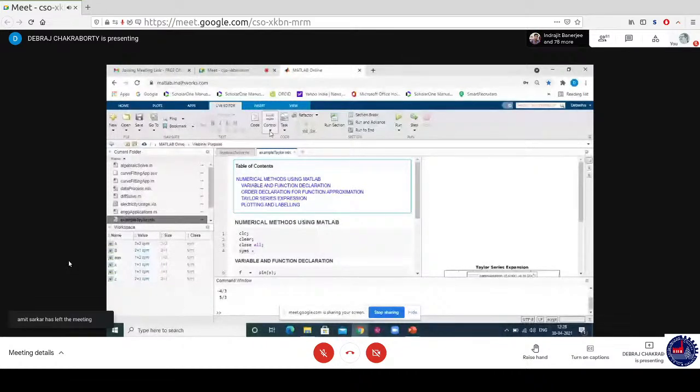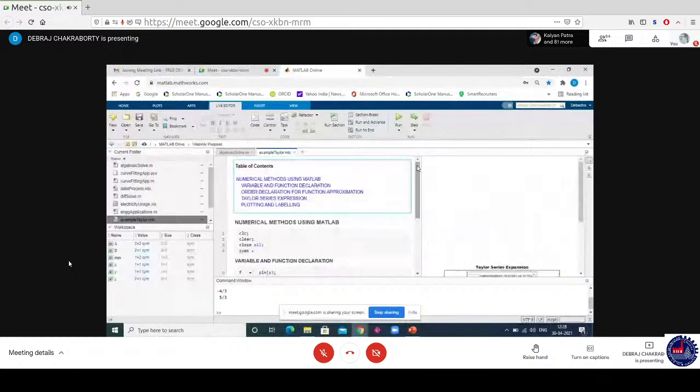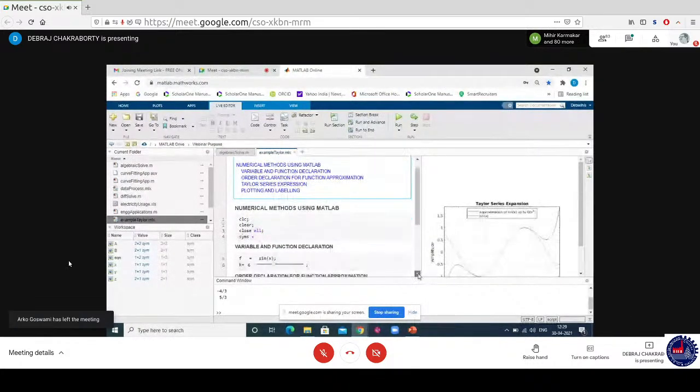Yes, from the normal window, we can open live script, and after opening that, we can write a simple program in this way. I am talking about the term simple. Why? Because these lines, numerical methods using MATLAB, variable and function declaration, these particular statements were not